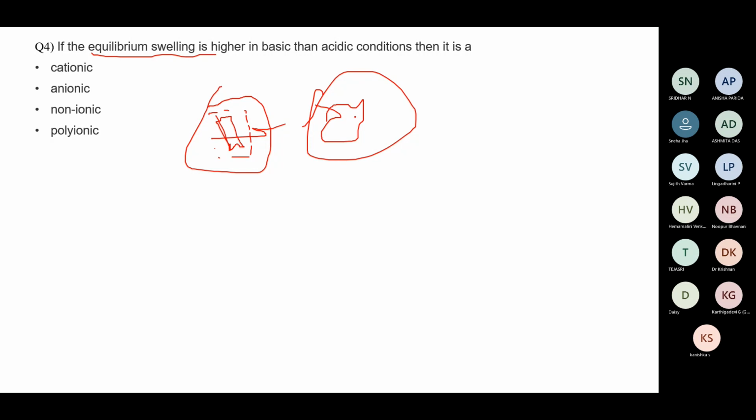And equilibrium swelling is the process by which the polymer absorbs a solvent until it reaches a state of equilibrium, where the rate of solvent uptake and the rate of solvent absorption will be equal. So equilibrium swelling means